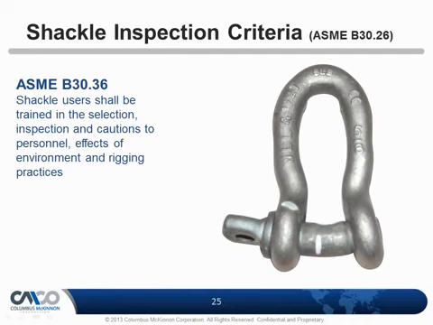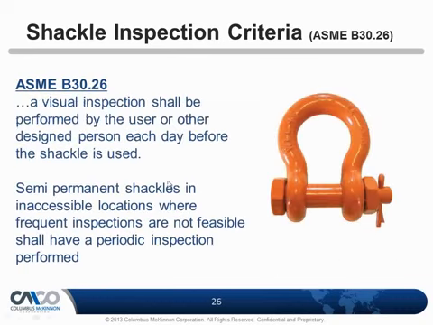All right, inspection criteria. Now we got through what all those markings mean. We chose the right shackle, but now we want to be sure it's safe to use. So that's our next step as a rigger, and so we want to go through and inspect it before we use it. A visual inspection shall be performed,